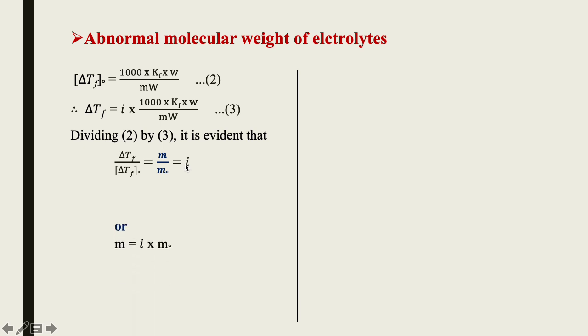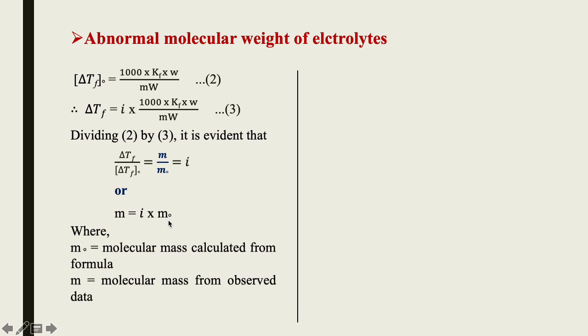If you take this m naught to the right hand side, you will get m equal to i into m naught, where m naught is the molecular mass calculated from the formula,